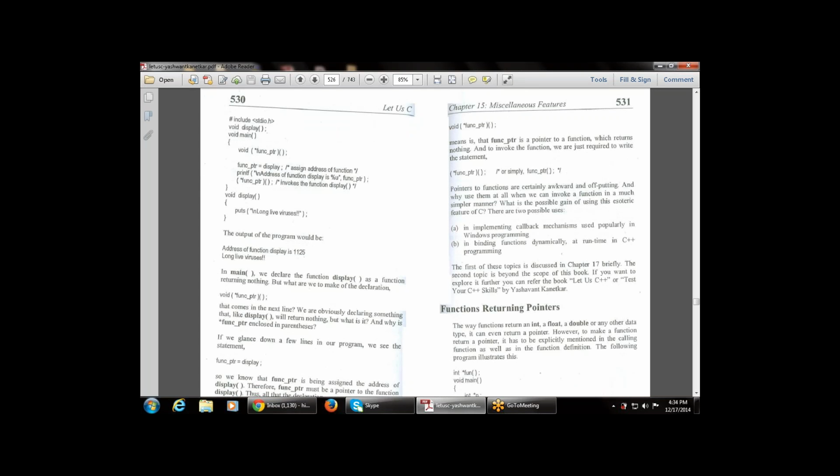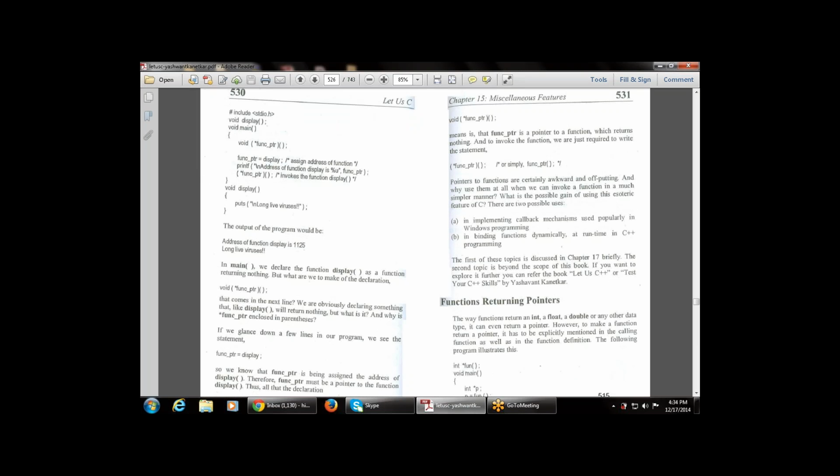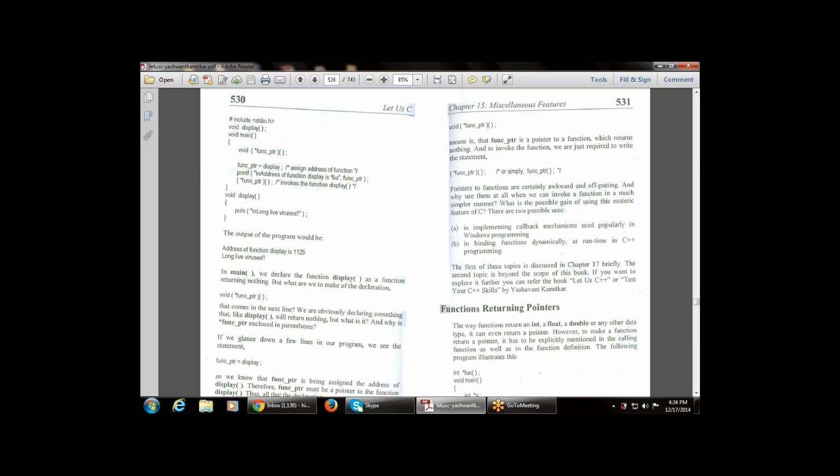In main function, we declare the function display as a function returning nothing, but what are we to make of the declaration? This says in main function, we declare the function display as a function that returns nothing. So this is a function that returns nothing, but what we have to make of the declaration? This declaration comes in the next line. We are obviously declaring something that, like display, would return nothing, but what is it